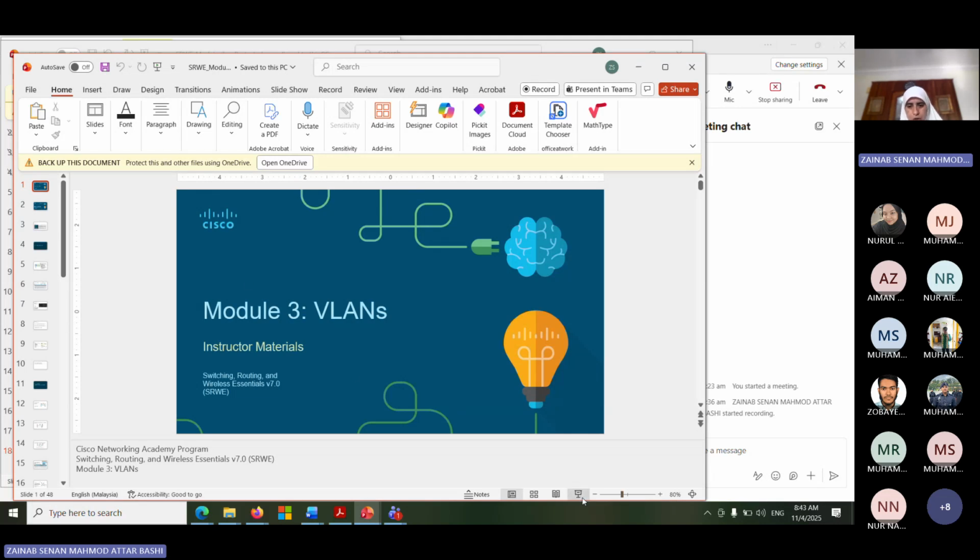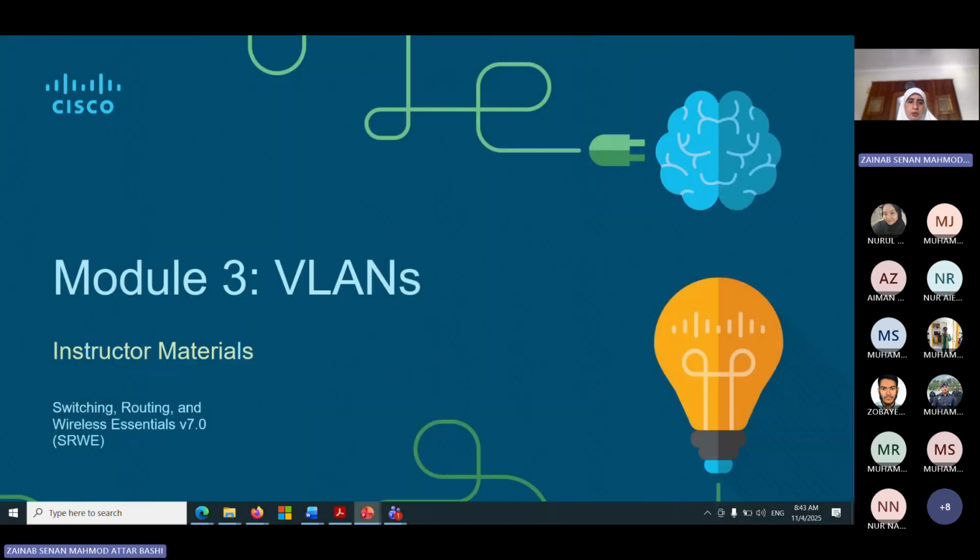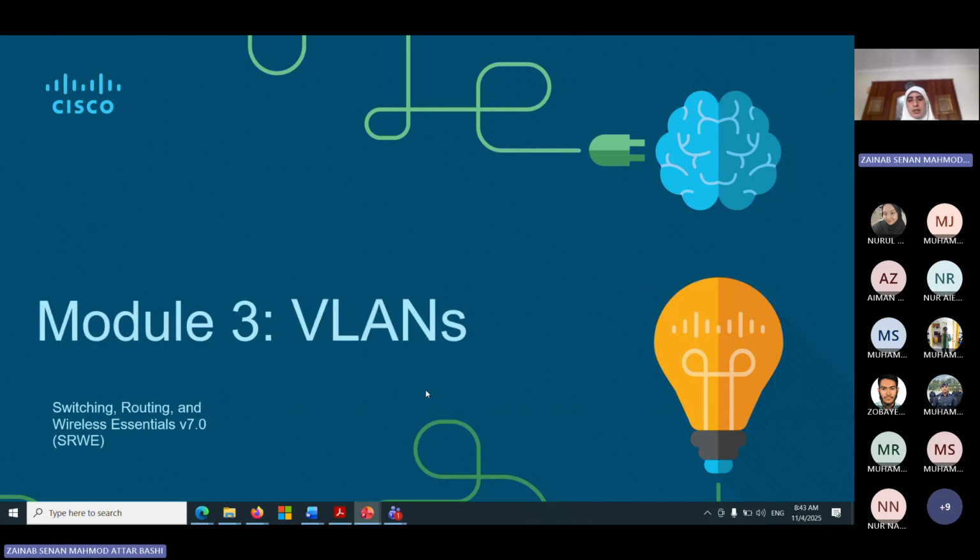VLAN, virtual local area network. So virtual local area network, simply we are trying to manage our network in a better way. For the time being, we know how to make a network, how to make small LANs talk together, subnetting, VLSM, all these things we know how to do. But this course is about how to do a better network that will be managed better, perform better, with less delay,